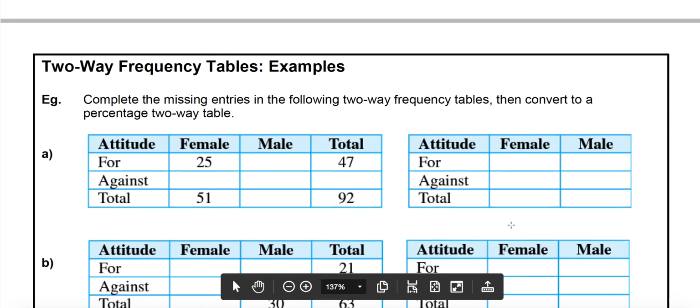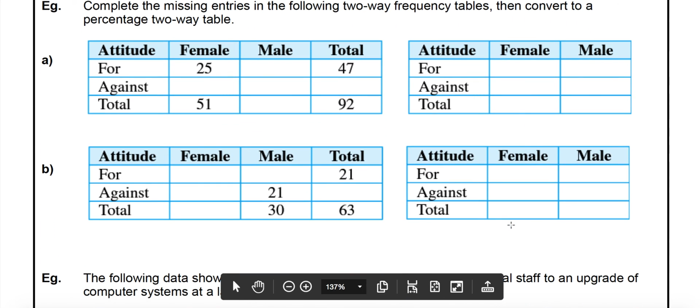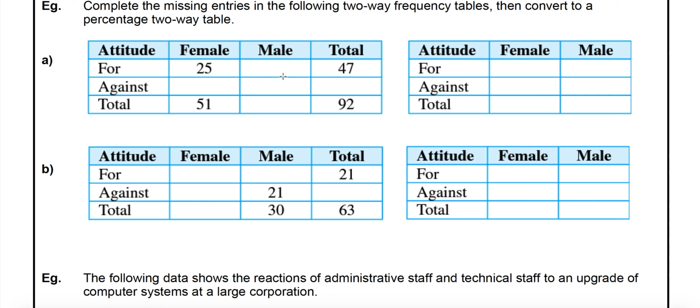I want you to do a couple of these just to get a hang of them. I'm not going to run you through absolutely every single one. I might just jot down what you should get. So if you haven't done this yet, maybe pause and have a go first. But otherwise, you might like to just run through and check that you've done what I've done. That should be 45 and that would be 41. From here, I've done the percentages. So I'll just tell you this one right here, for females, it's going to be 25 out of the 51 times by 100. So you get just under,